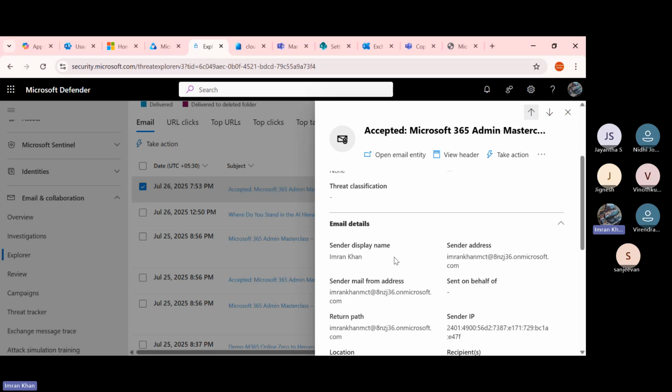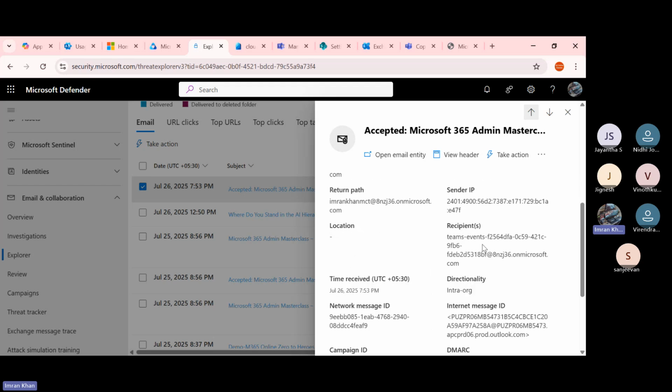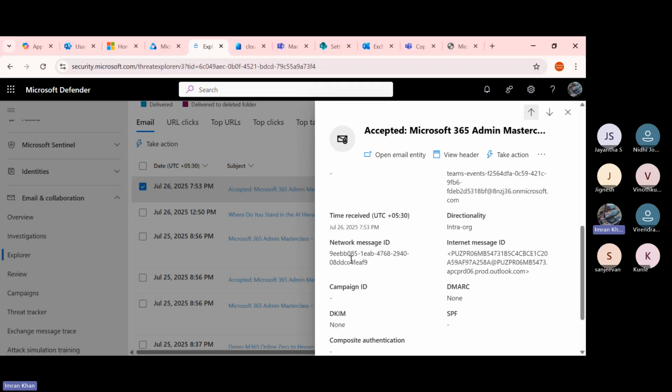In the email details you can see who the sender is, the sender IP, email ID, email from, return path, sender IP location, when you received the email, and direction, whether intra-organization or extra-organization, network message ID,